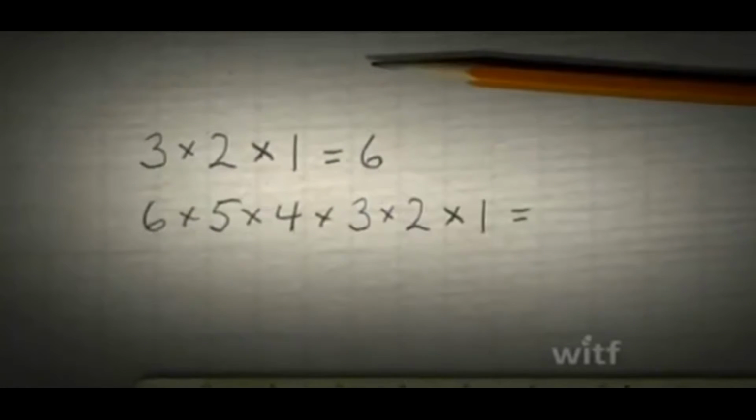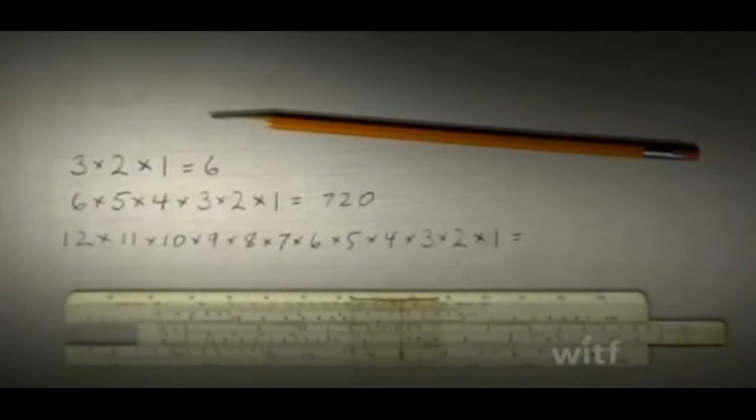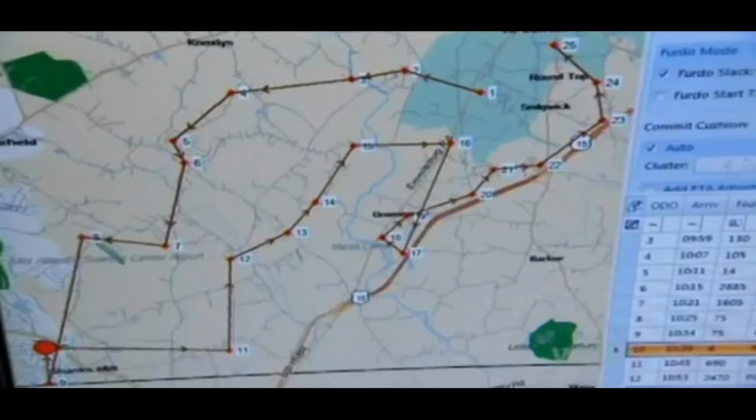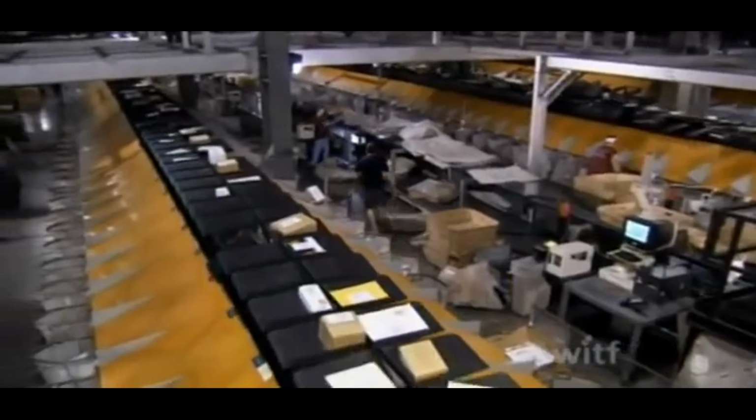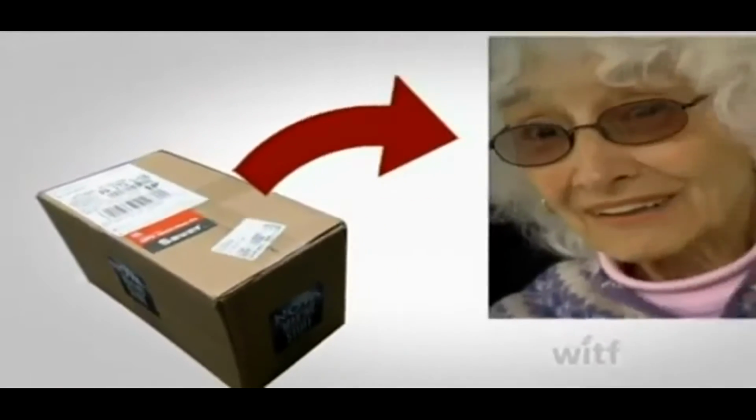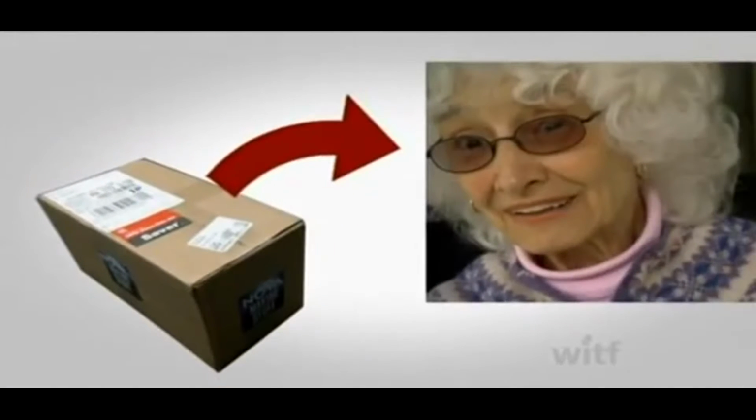There's 6 ways. If you double that to 6 customers, now there's 720 ways. At 12 customers, there's 479 million ways. If you had 25 locations to go through, there's 15.5 trillion different ways to visit 25 locations. Trillion? So, if a 25-stop route has trillions and trillions of possible combinations, imagine how many possibilities there are in the 140-stop route that will take my package to Aunt Gertie. There's not even a number to articulate this. There's more ways to